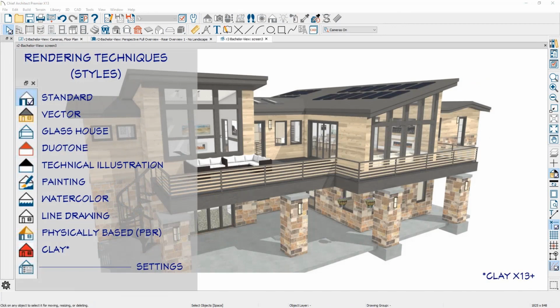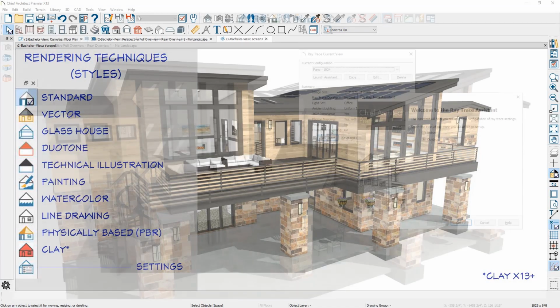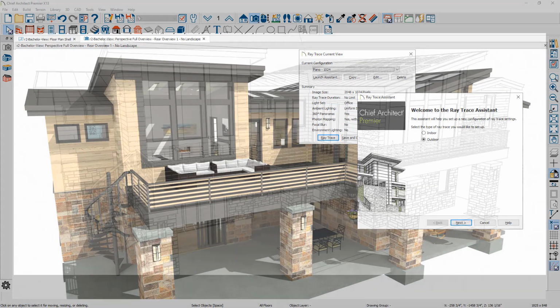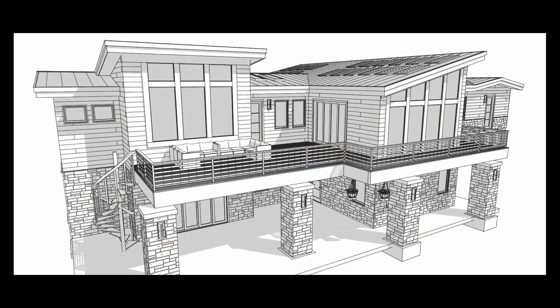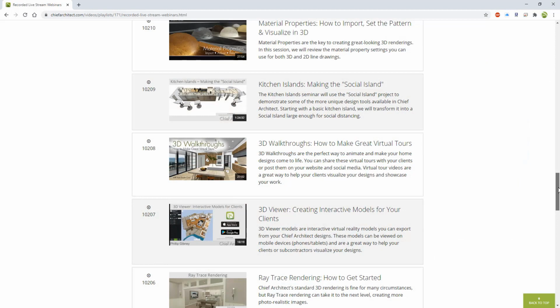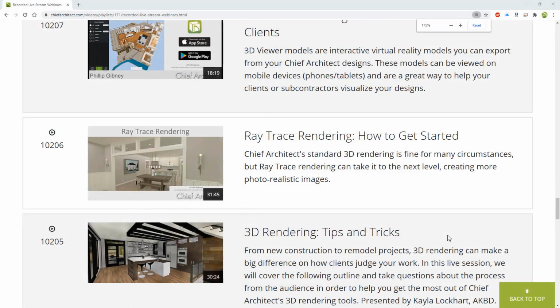A third element for great rendering are the camera settings. Chief Architect offers 10 different rendering techniques, plus a ray trace rendering option. Each one of these rendering techniques can be adjusted to achieve the look you desire, from simple line drawing to conceptual to photorealistic. I will point you to a previous webinar session we covered these camera settings in detail using